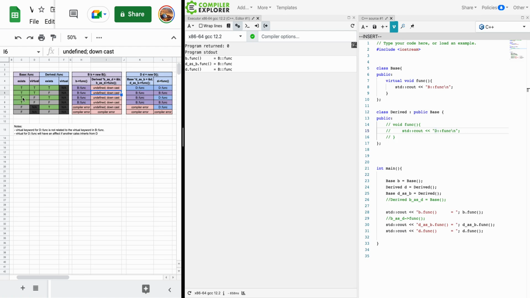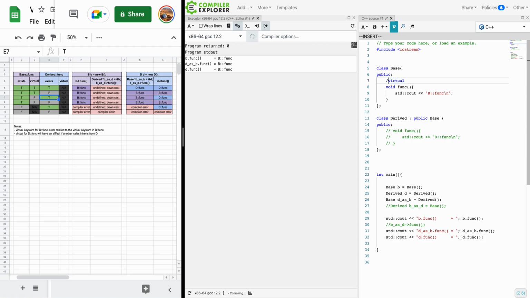Third level, which is the function exists, but it's not virtual, and it also exists in the parent and the child class, or the derived class. So what does that mean? It's not virtual, so let's just comment this out in a hacky way. And then if you go here, you do this. Let's see what it prints. So B, which is what printed here, and then another B, which is what was printed here, and then